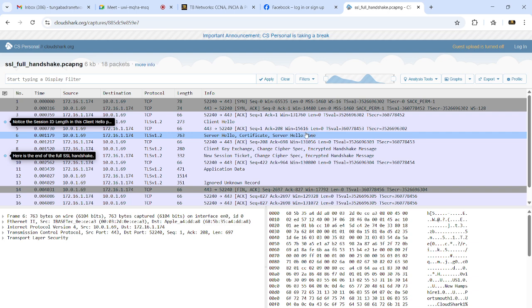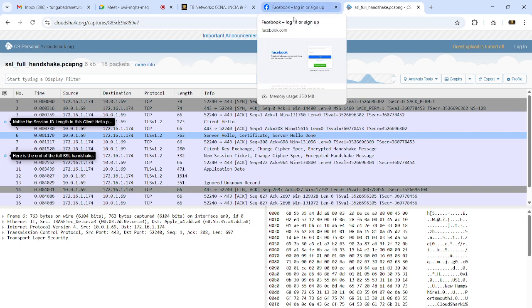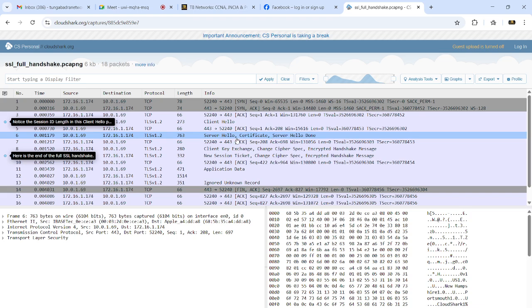But in our case we are not seeing any certificate. If we had one, the server would send the server hello along with the certificate.